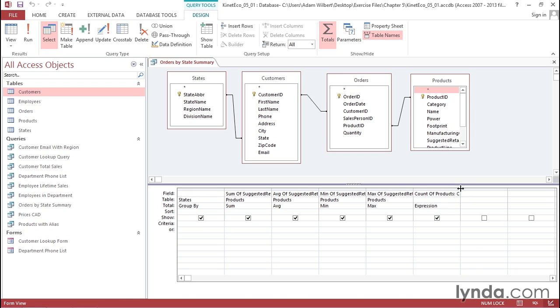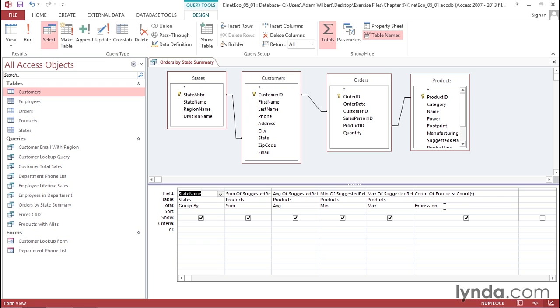This is using a counting function. If I expand this open a little bit, we can see that function. It's given an alias of count of products. There's the colon that tells me that's an alias. And then after that, we're using a counting function that's counting this asterisk character, which means it's counting everything. In the totals row, it's listed as an expression, which just means that it's going to be calculated before the